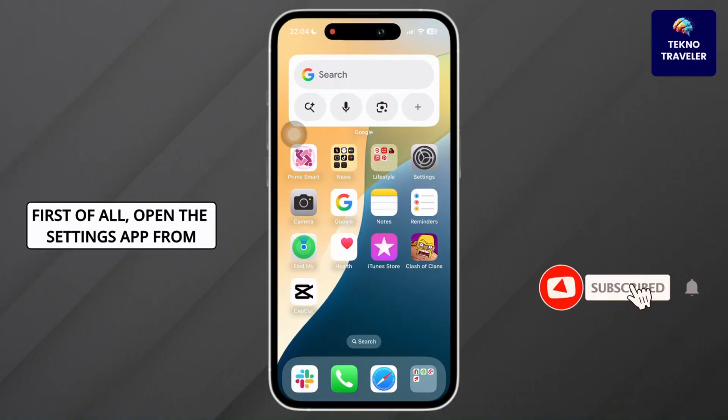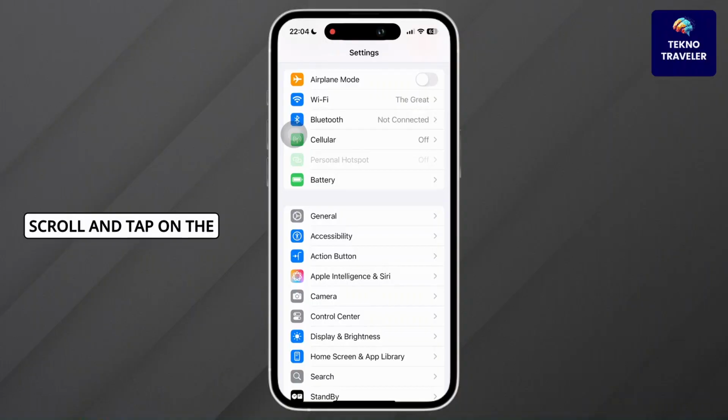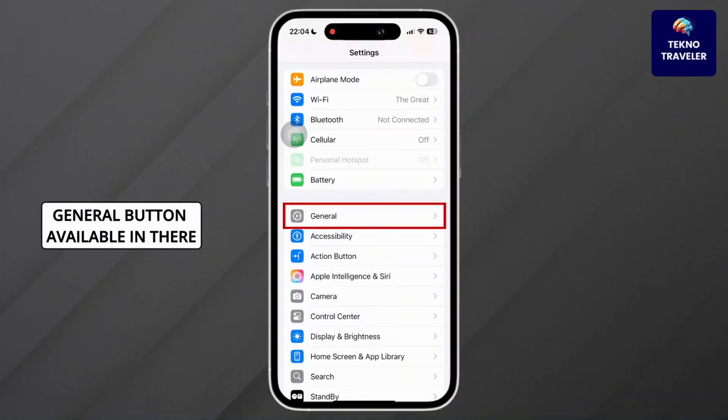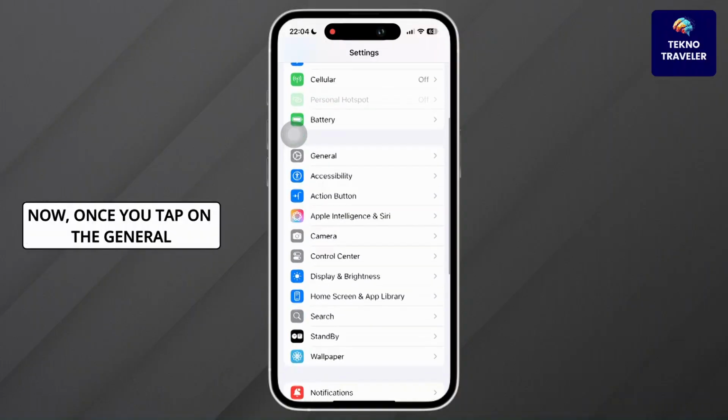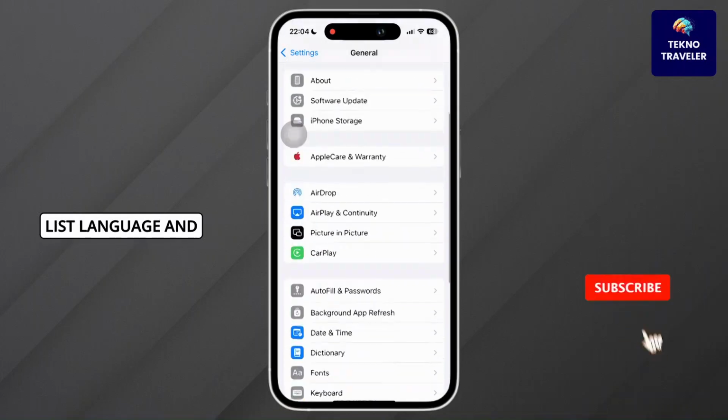First of all, open the Settings app from your iPhone's home screen. And once inside the Settings app, scroll and tap on the General button available in there. Now, once you tap on General, all you have to do is scroll and tap on the Language and